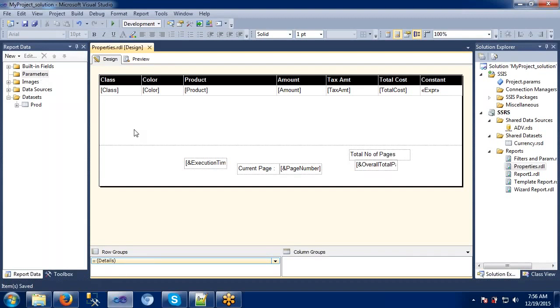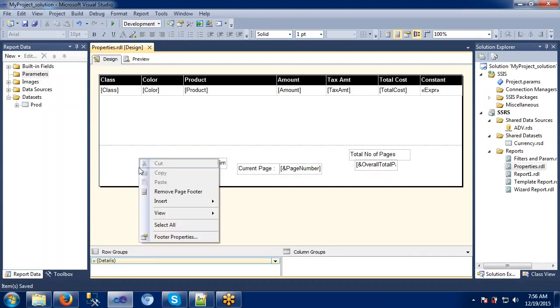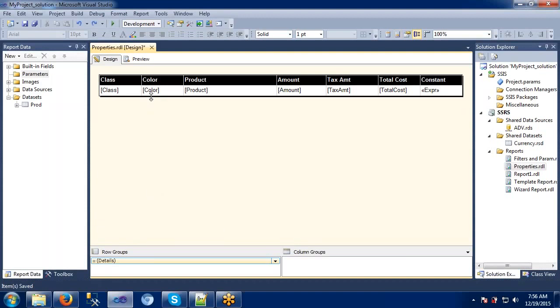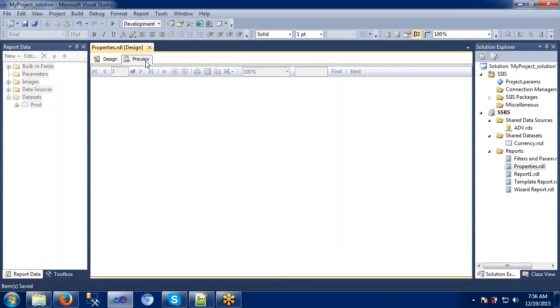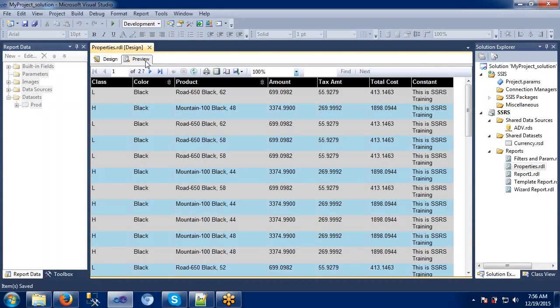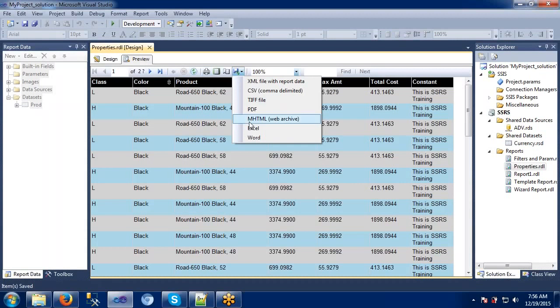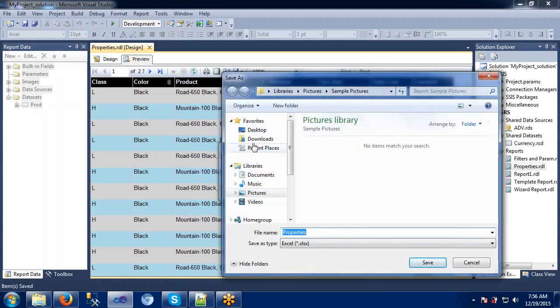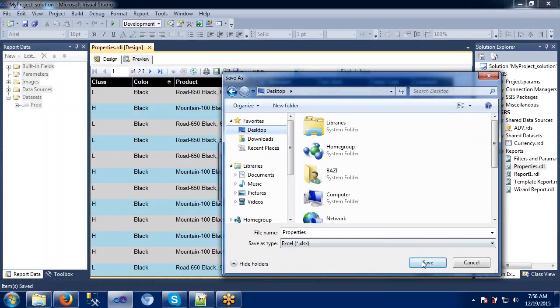Before this, I would like to show something here. See, this is a preview of the report, right? And when I'm trying to export this as an Excel, on the desktop, I would like to save it here with some properties.